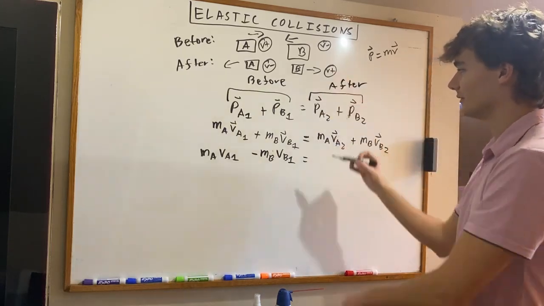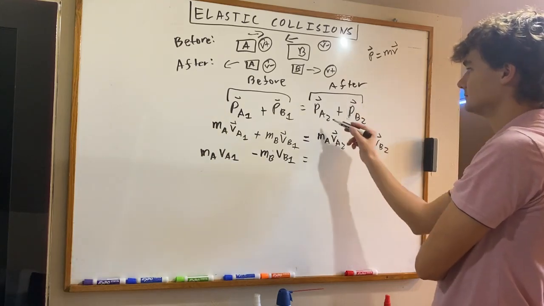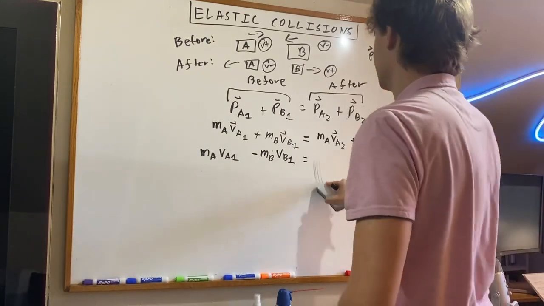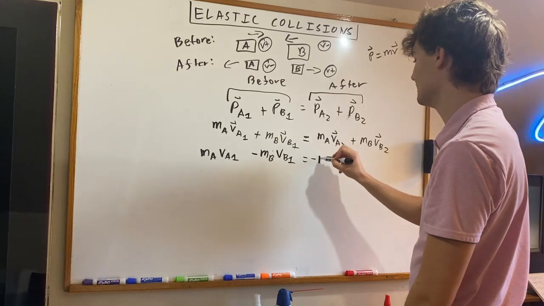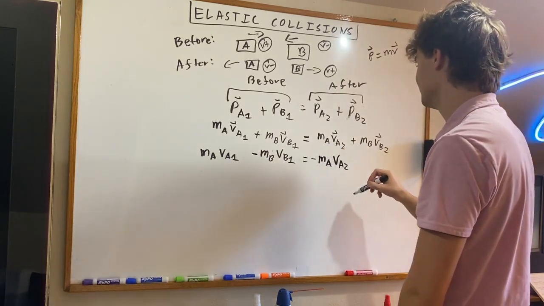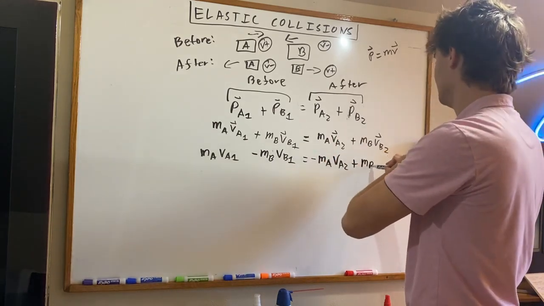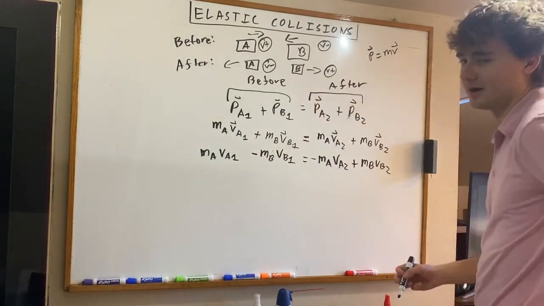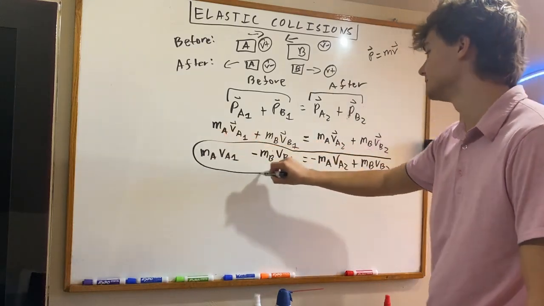And that continues down. So this is before, this is after. So afterward, let's see. Is velocity A negative? Yes. Afterwards, it's going to be negative mA vA2 plus mB vB2, because velocity 2 is positive. So this is the first equation